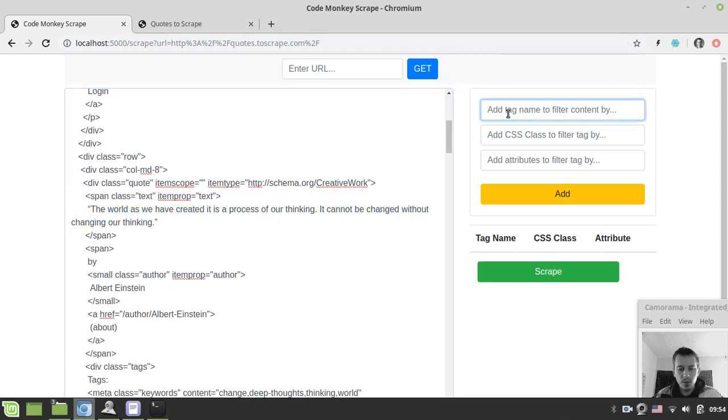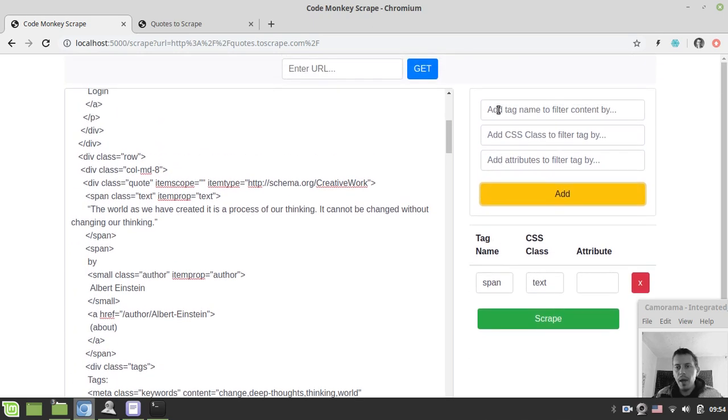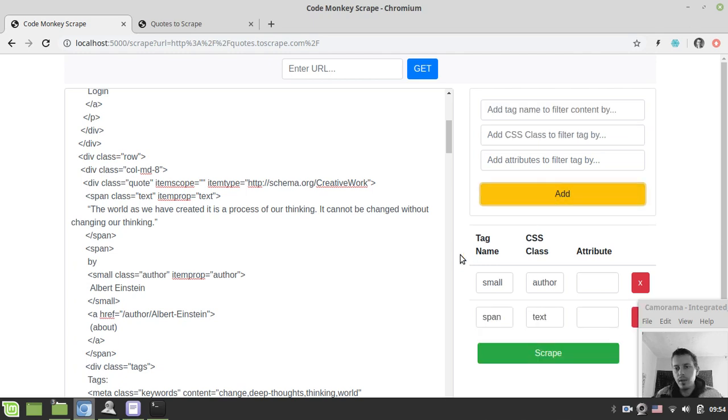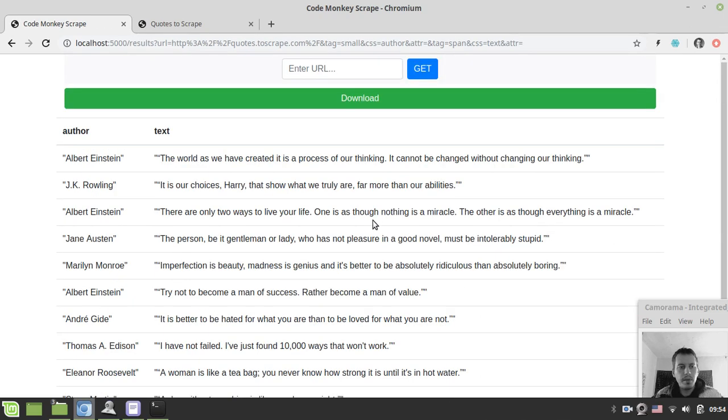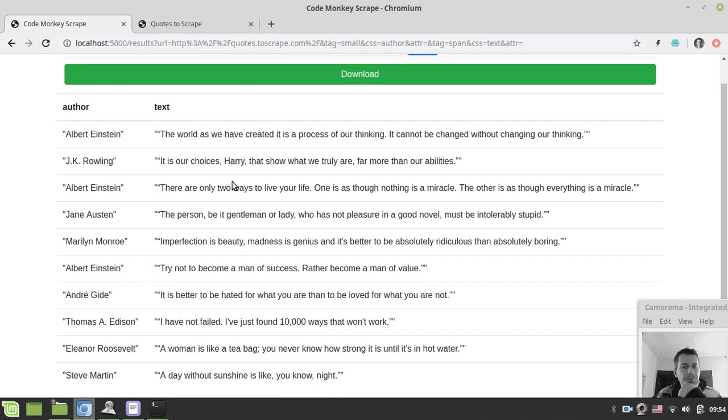to add here. So the first tag would be called span, and the class is text, and no attributes. It's like an href in a tag, so things like that. It's nothing for now, and I just add one. And also I add the small tag and author, and just click this little scrape button, and I get the response. Basically I get the parsed scrape data